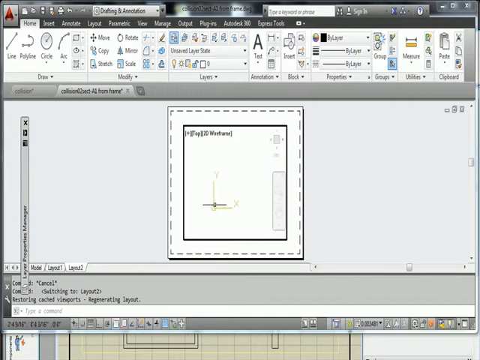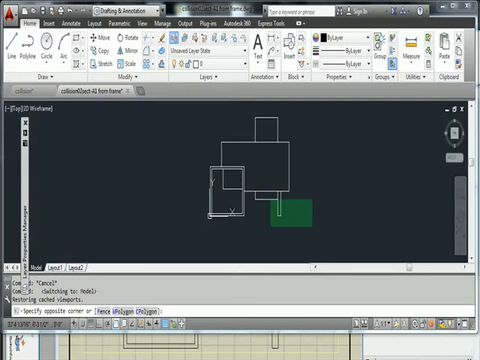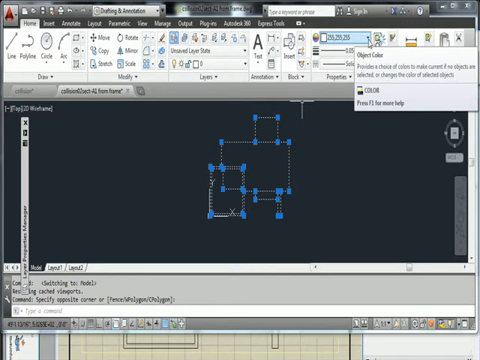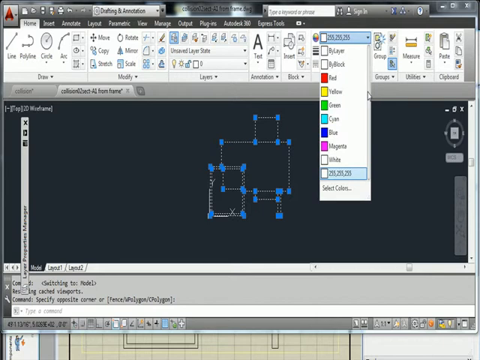That's my origin. And in the model, that's my origin. Oh, here it is. It is also set by object as well. What we should have done is, instead of this 255 color, which is basically light gray, which is almost white, what I should have said was by layer, so